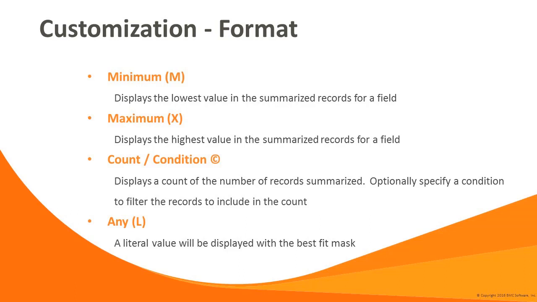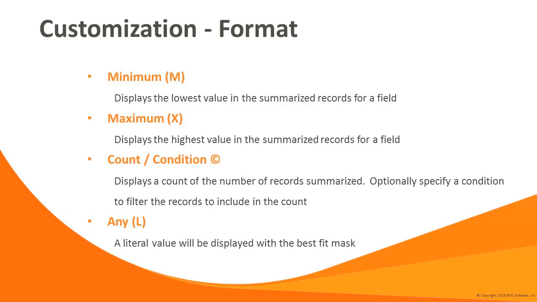Using the Minimum summarization type will display the lowest value found in any of the summarized records. In addition, the Maximum summarization type will display the highest value for the field in the summarized records. The Count summarization type displays a count of records summarized. The records to be included can contain a simple filter argument to limit the count to a subset of the